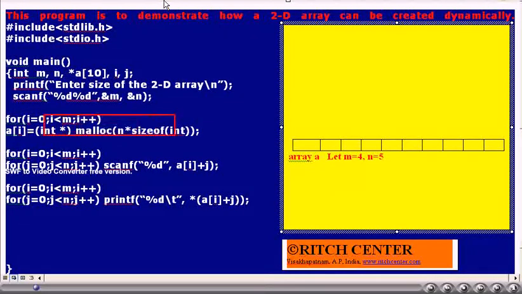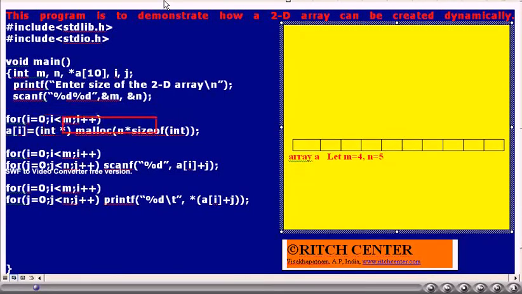Let us assume that the user has entered m value as 4 and n value as 5. That is, he wants to create a 4 rows by 5 elements 2D integer array dynamically.